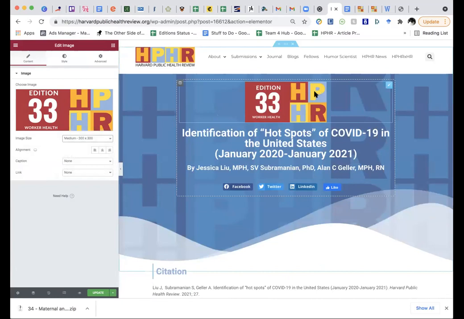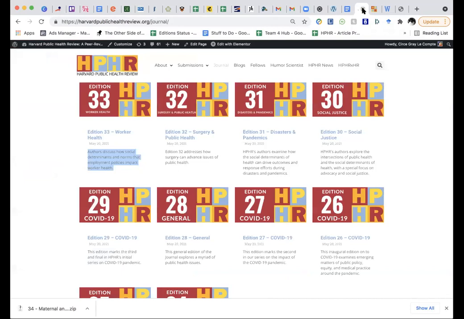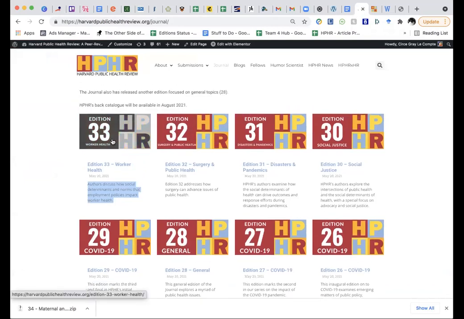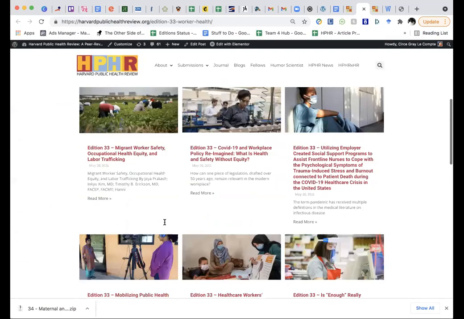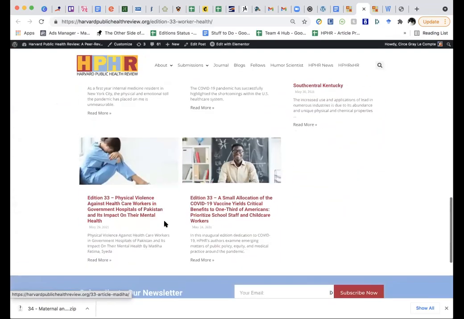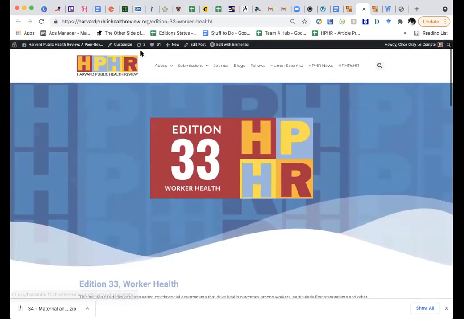The other thing you're going to do is make sure it's linked to its home page. So I've not made a 34 home page, but let's just pretend 33 is its home page. To get that link, you're just going to click on the page. See how this is all the 33 articles? We're going to grab that link.